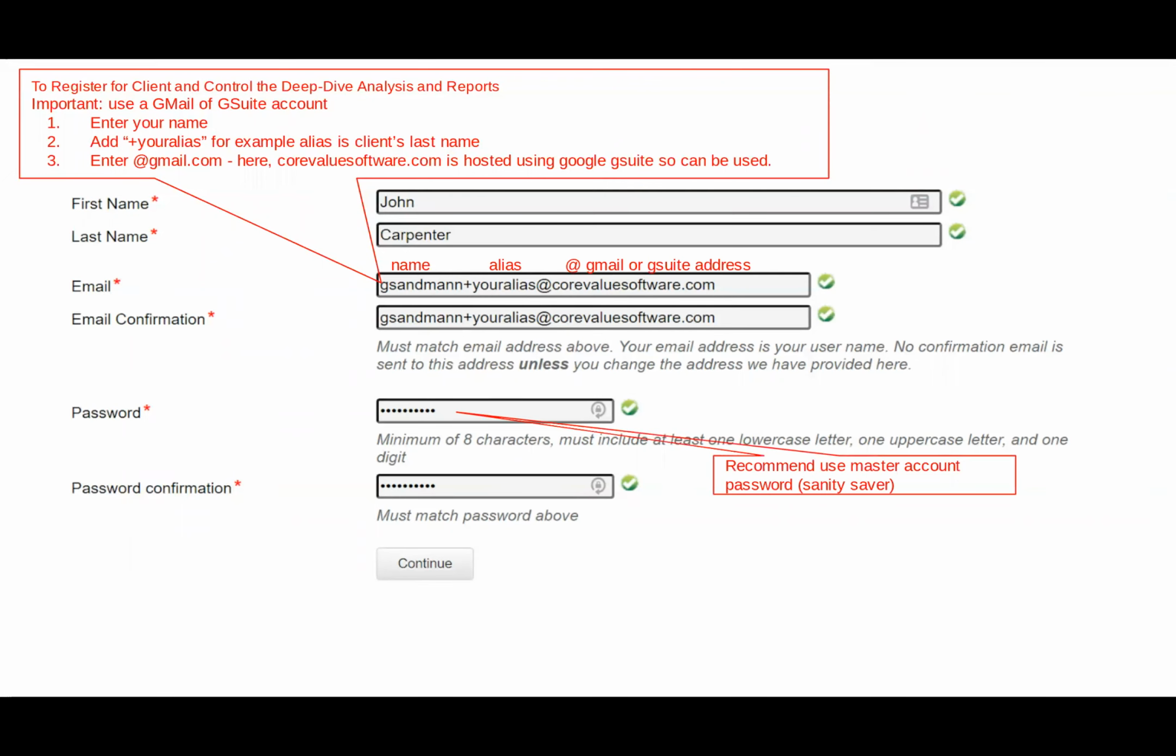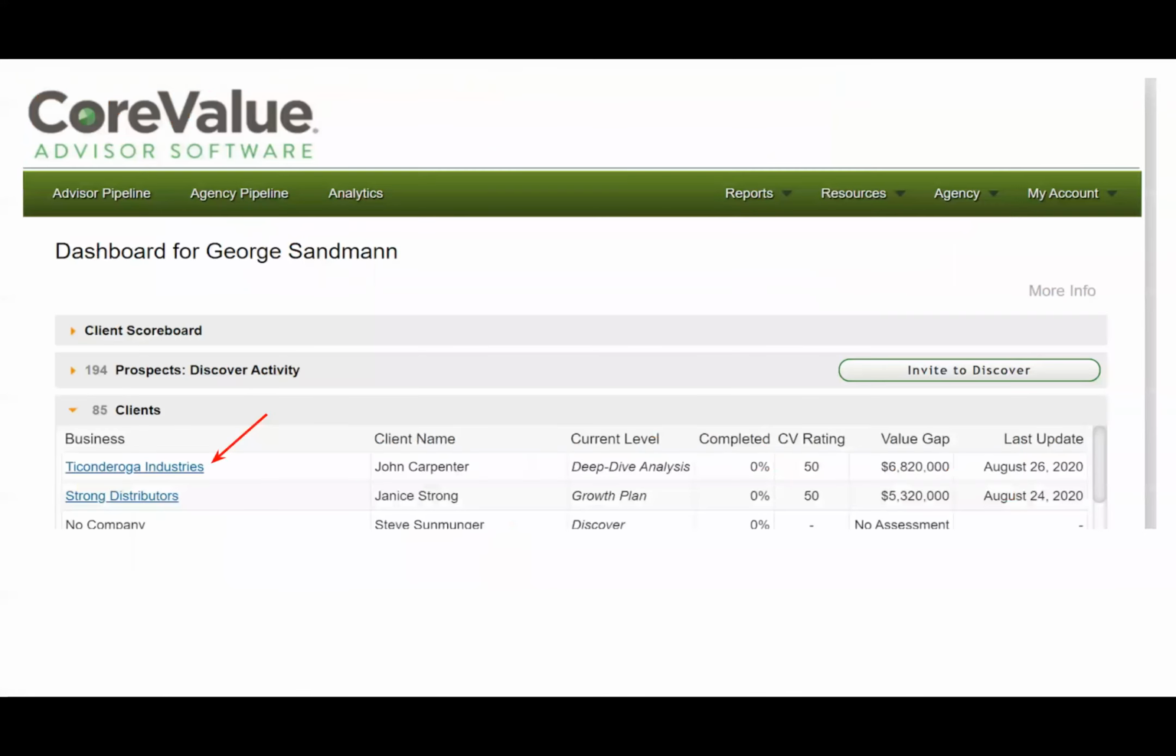It's very easy to register. We recommend that you use your master password, the same one you use for logging into your advisor dashboard, and that's just to preserve your sanity. You click continue, and you will start the deep dive analysis. Now, if you have to stop the deep dive analysis, or if you want to register in advance of a client meeting, not a problem. Complete the steps we just outlined, and when you're ready to log in or re-engage in the deep dive analysis,